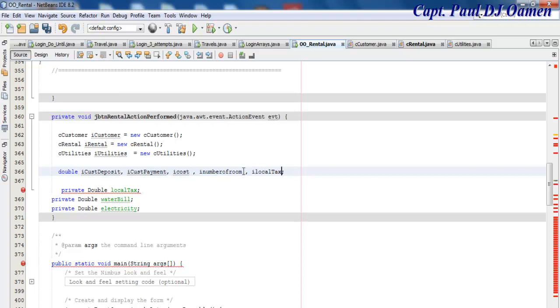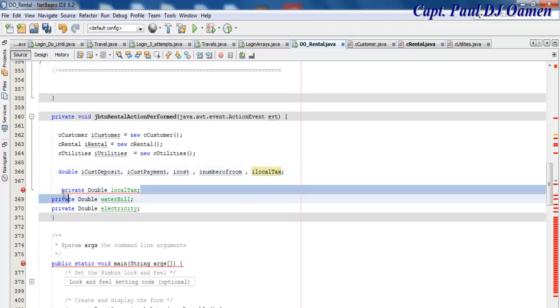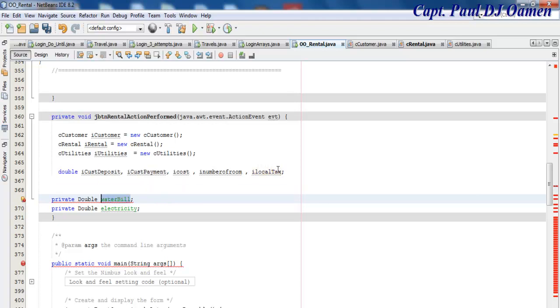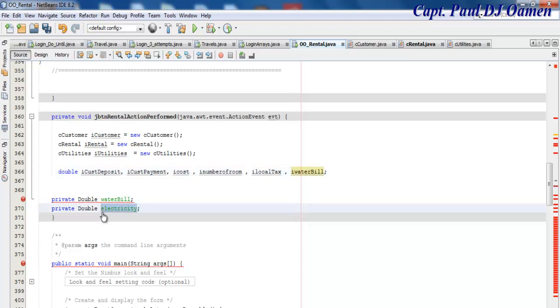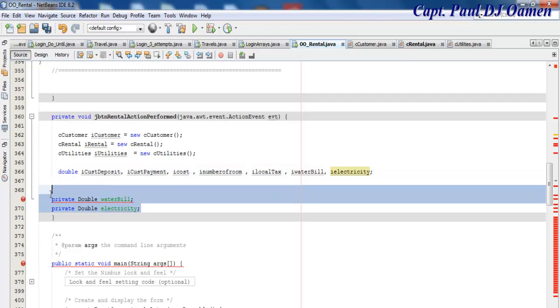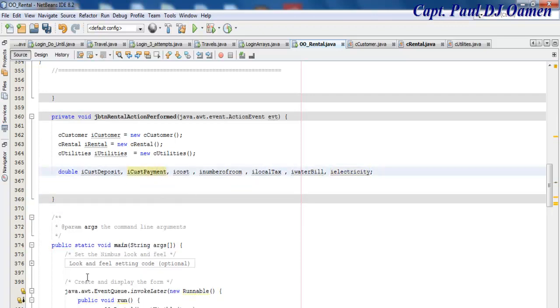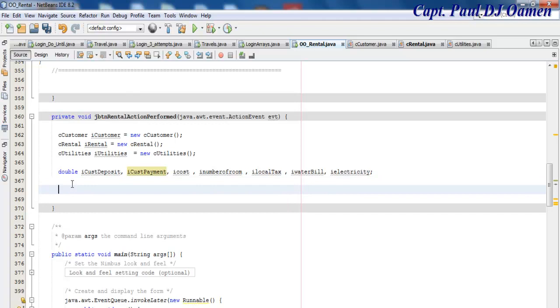Local tags. Delete that. The water bill. Water bill and electricity. Electricity. So I can delete all of these now. I don't need that. Now you notice all the errors are gone. I was just using those so that I don't forget the names. So the next thing I'm going to do now is